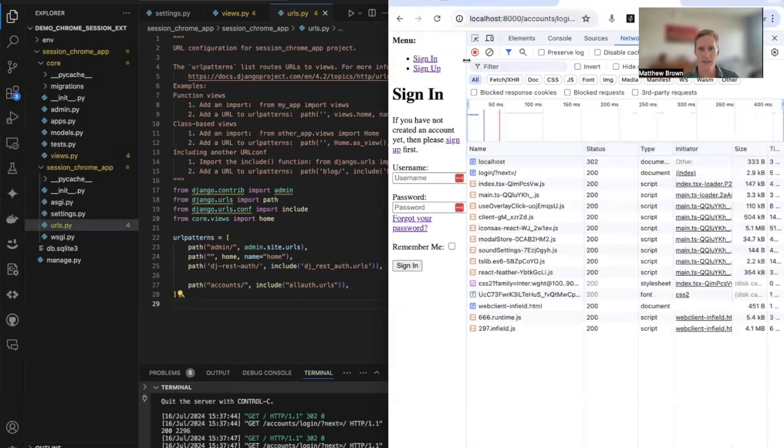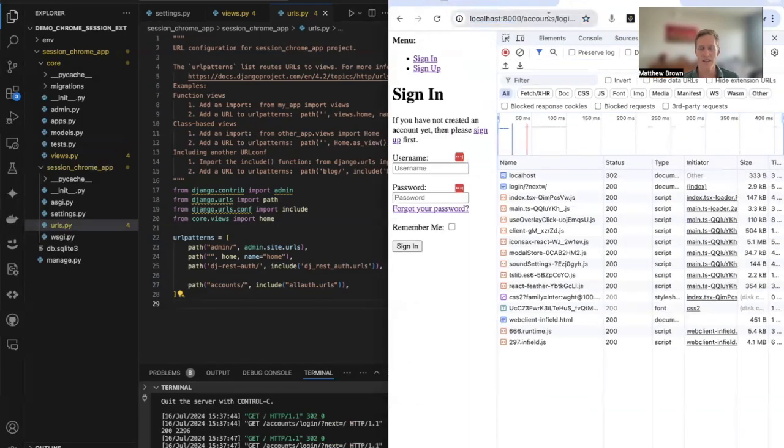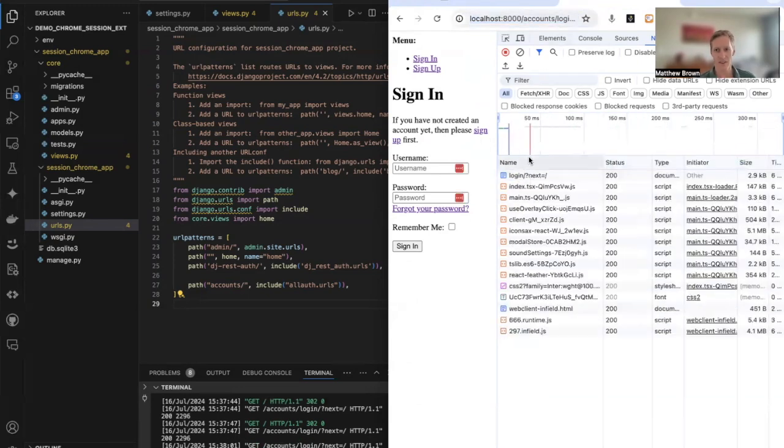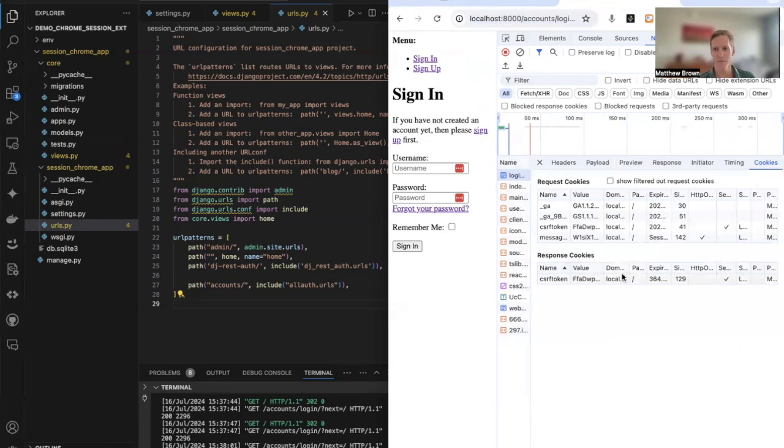All right, so you can see that I tried to go to the home page and it logged me out. So now it's asking me to log in, and I can go to my request, I can see the cookies. So there's no session ID sent here. Each time you send a session request, you can view it here, and you can see there's no session ID now. But once we log in,